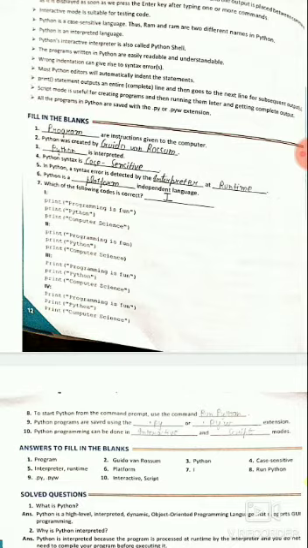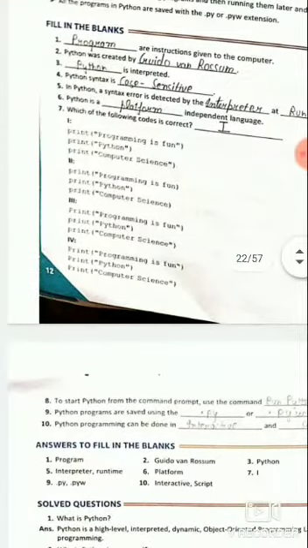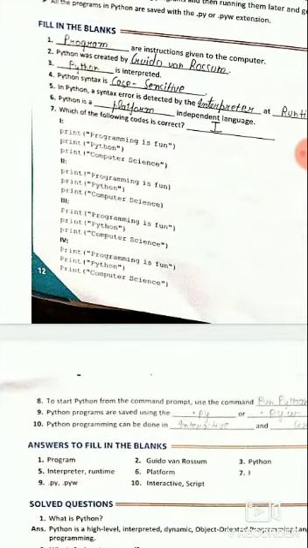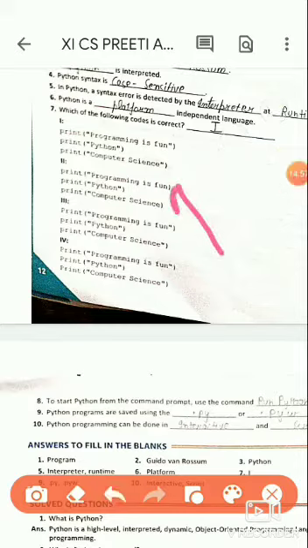So here I have to find which of the forms is correct. This is given, then there are three print options. So we have to find out which one is correct. The first one is correct, because in the second one the quote is missing here. In the third one, the programming is fun, Python, computer science.